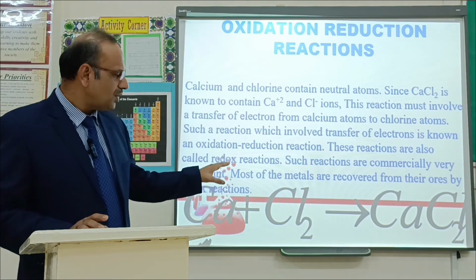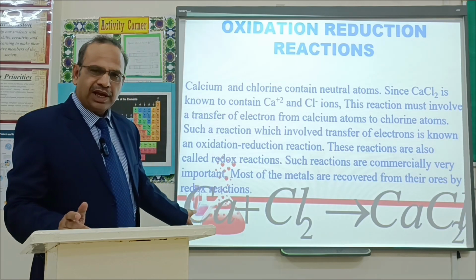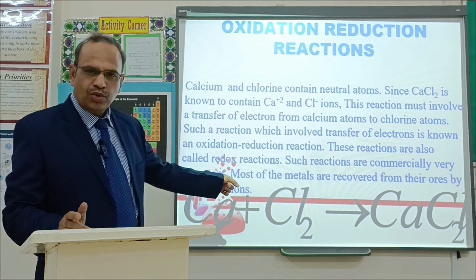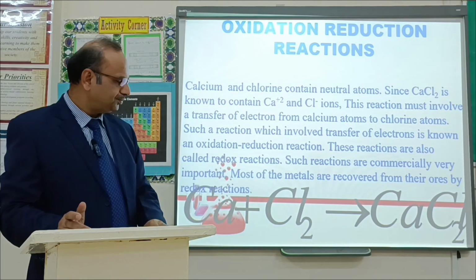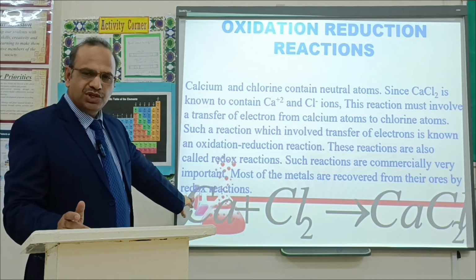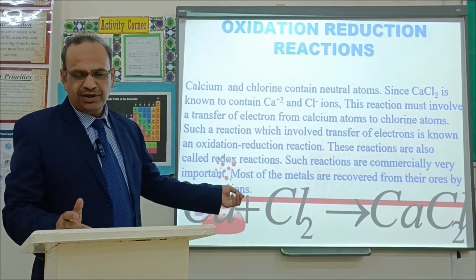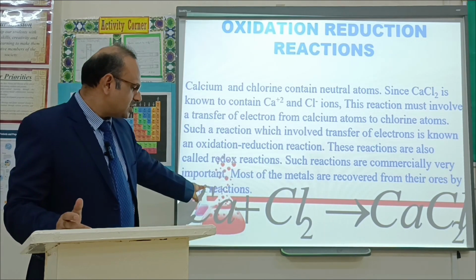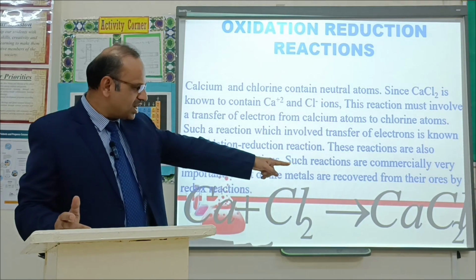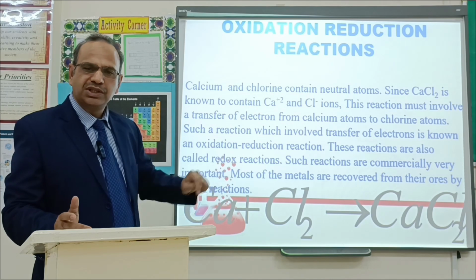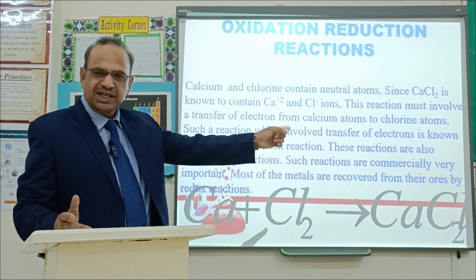Number one is the example of a redox reaction. Look at calcium. If calcium is allowed to react with chlorine gas, it gives you the compound calcium chloride. Here calcium is a neutral atom, and chlorine is also uncombined and neutral, so the oxidation state of calcium is 0 and chlorine is also 0. But in the compound calcium chloride, the oxidation state of calcium is +2 and chloride is -1,